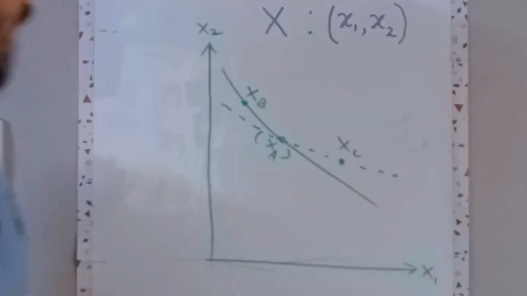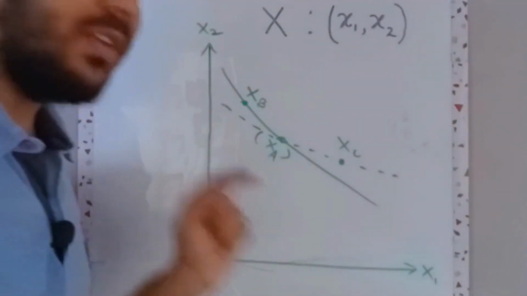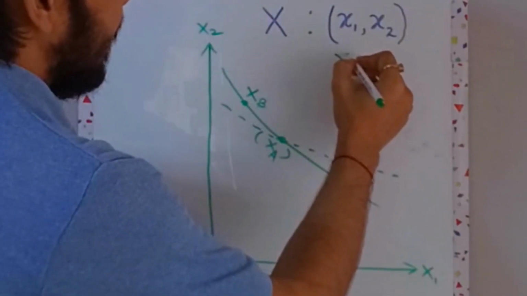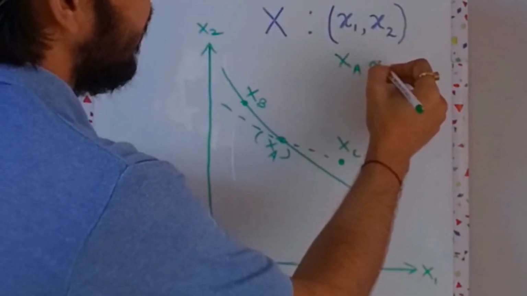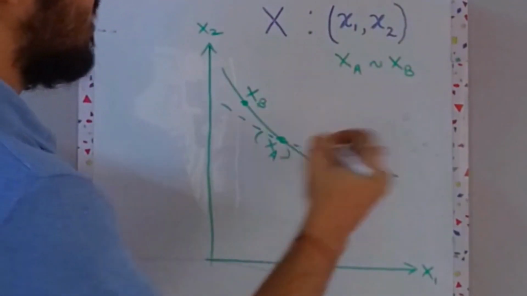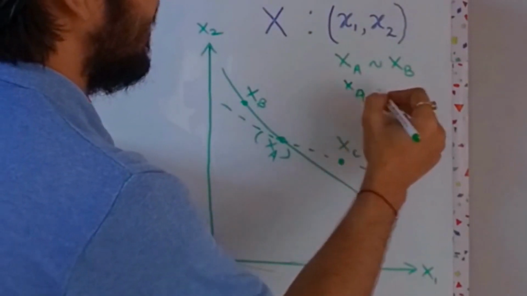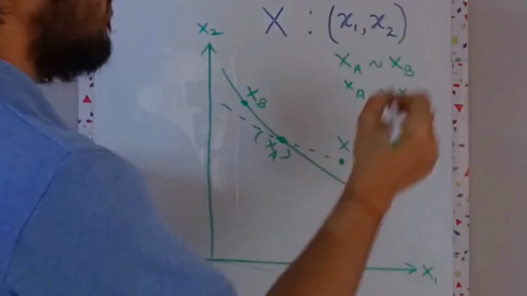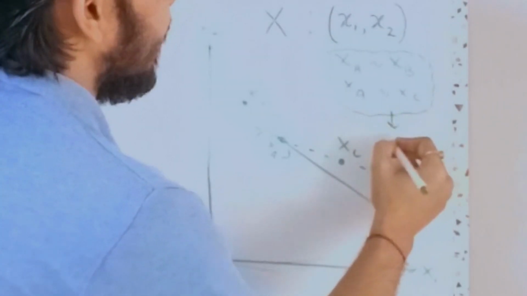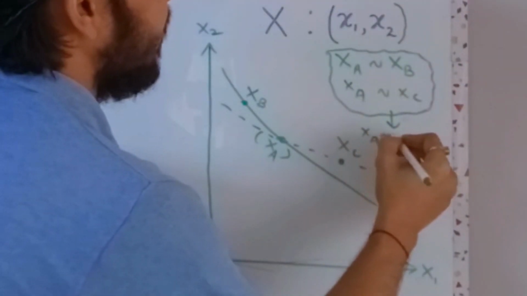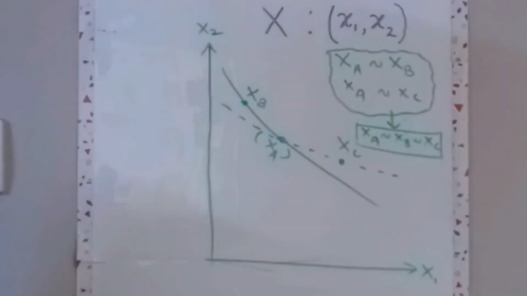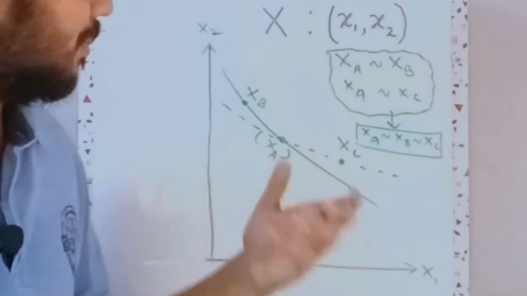What does this mean? This means that as you're seeing, I can draw two indifference curves through this XA bundle. First of all, you will say that XA is indifferent to XB, right? And you will also say that XA is indifferent to XC. Now if I combine both of these, you will get XA is indifferent to XB is indifferent to XC. Now does this really mean something meaningful?